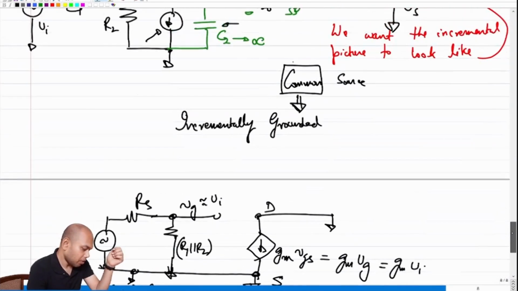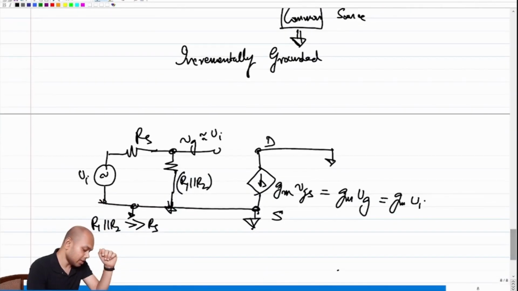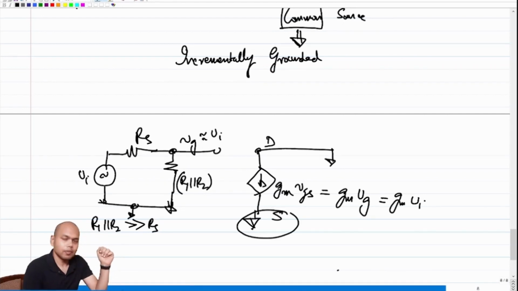Now if I ask you what would have happened if I had not put this capacitor C2, the infinite capacitor. If I had not put that infinite capacitor, so let me not connect this, this source terminal would have been open, right? Which means there was no way the Gm times Vgs current would have been able to flow. So this current had to be 0. If Gm times Vgs has to be 0, and we know that Gm is not equal to 0, then what is likely to happen? Vgs is 0, incremental Vgs is 0, which means that incremental Vg is equal to incremental Vs,